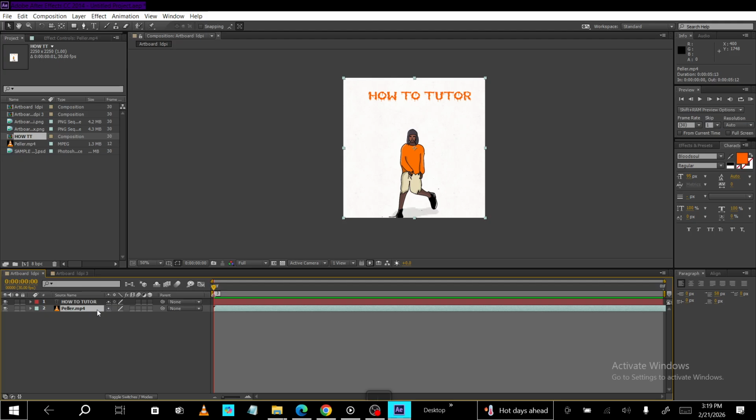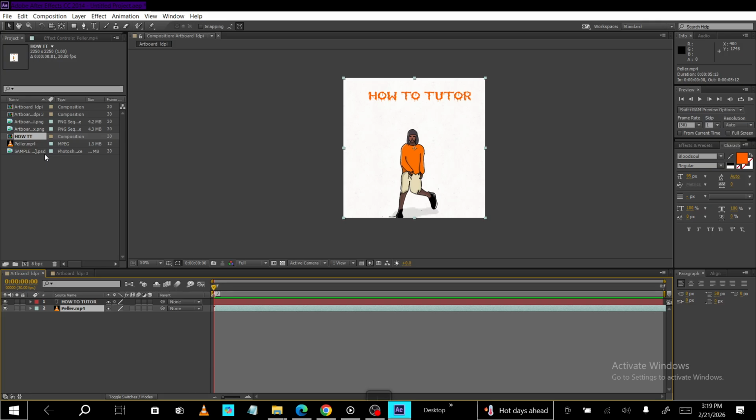Let's start with the layer you want to replace. In your timeline panel, look through your layers and identify the one you want to swap out. This might be a video clip, a still image, or even a pre-composition. Once you've found it, click directly on that layer in the timeline. You just need a single click to highlight it. You'll know it's selected when it's highlighted and active, usually with a different background color indicating it's the current layer. This step is important because the software needs to know exactly which layer you want to target before you perform